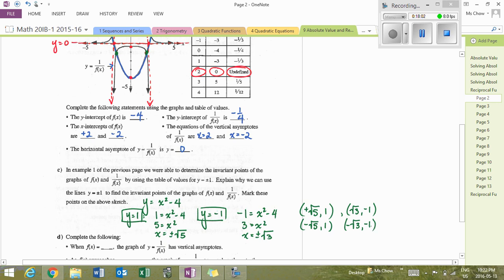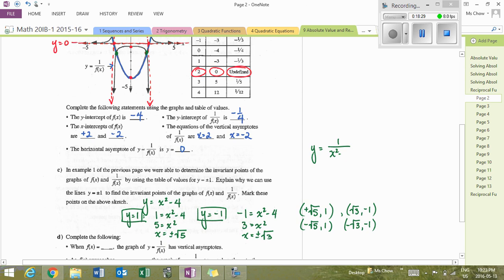And so those are the exact coordinates, and your calculator's not going to give you those exact values again, but that's how we can easily calculate it algebraically. Remember, the alternative is, I don't think you're going to want to do this, but because those values occur in both the reciprocal as well as the original function, we could also substitute using y is equal to 1 over